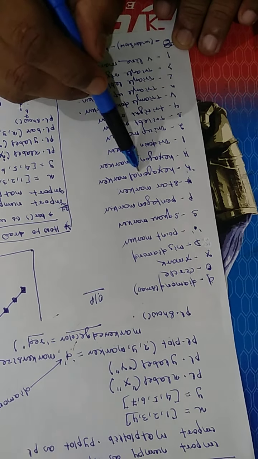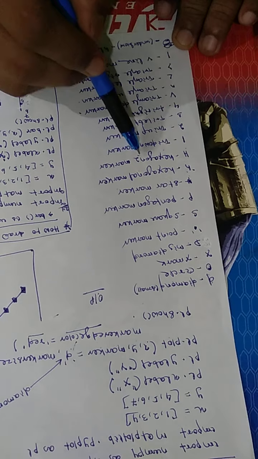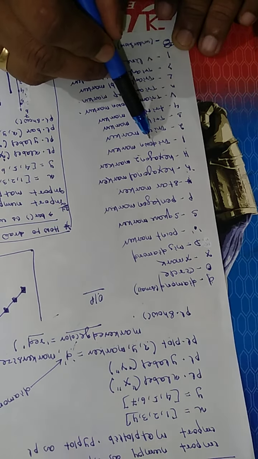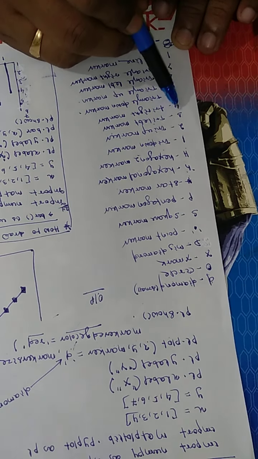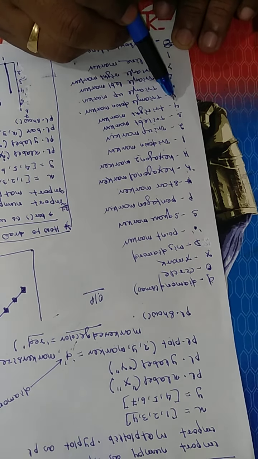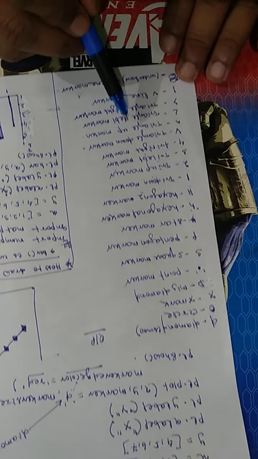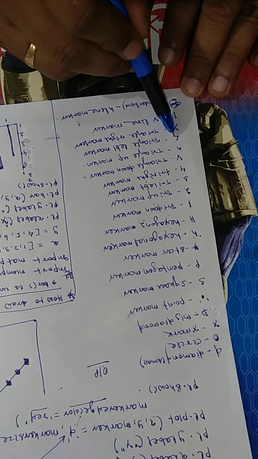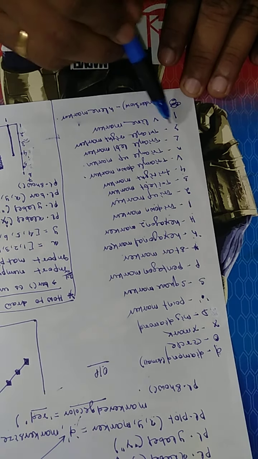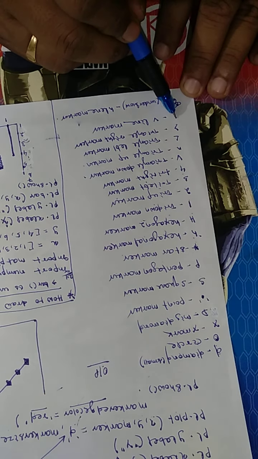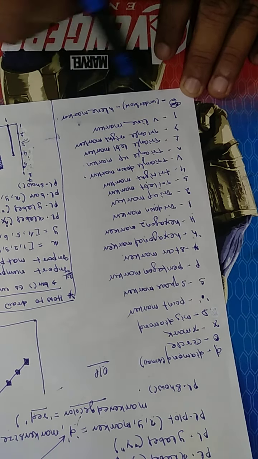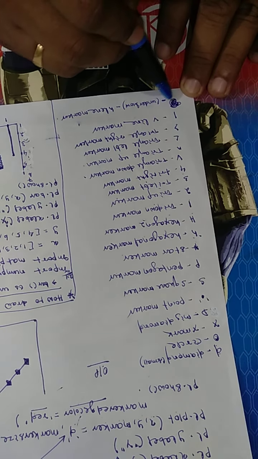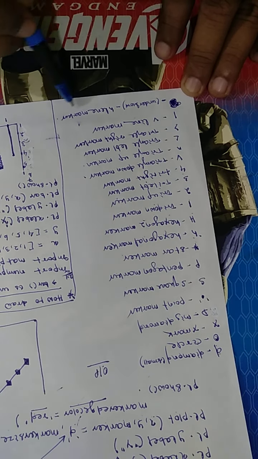Two markers, hexagonal marker H, there will be little double lines. 1 is for tri down marker, 2 for tri up marker, 3 for tri left marker, 4 for tri right marker. Lowercase v is for triangle down marker, this caret mark is the triangle up marker, less than is the triangle left marker, greater than is the triangle right marker. This pipe is the vertical line marker, and this underscore is the horizontal line marker.